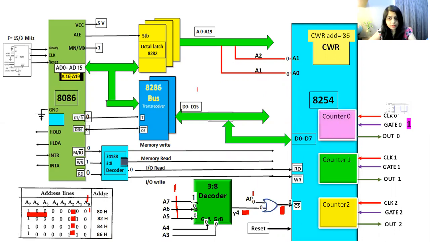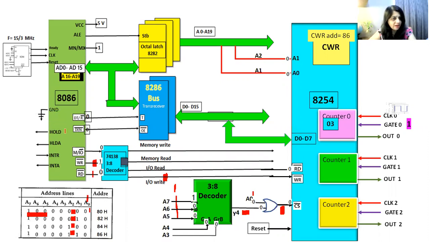Now let's assume that this is 0, 1, 0. It is a read operation. Since it is read operation, it is 0, 1, 0 and it will transmit logic 0 to 8254. Now suppose it is a write operation. Suppose 8086 wants to write this 0, 3 to the counter 0. In that case, the write bar should be 0 and read bar should be 1. And in place of IO read, it will transmit logic 0 on this pin. So after sending logic 0 in write operation, it will transfer this count 3 in the counter.